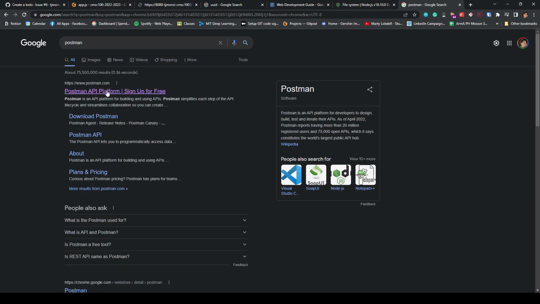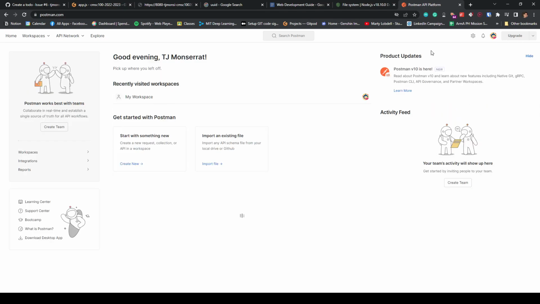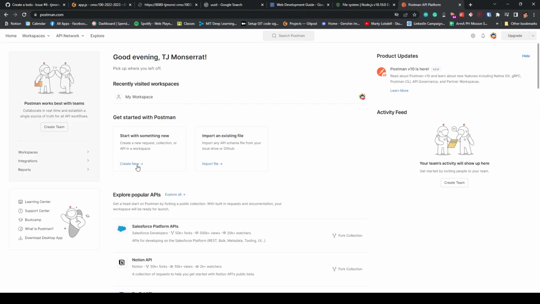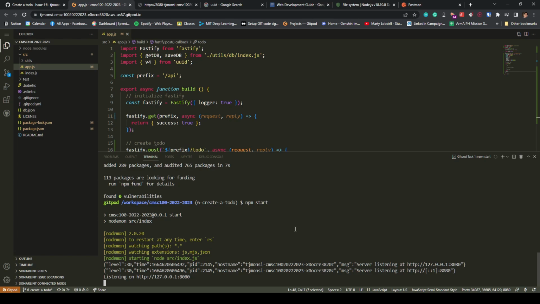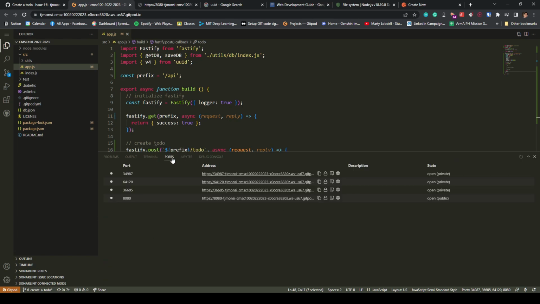So Postman is a web application where you can sign up for free, as you can see here. I already have an account, so let's create something new. Then from here on out, we'll get the link,